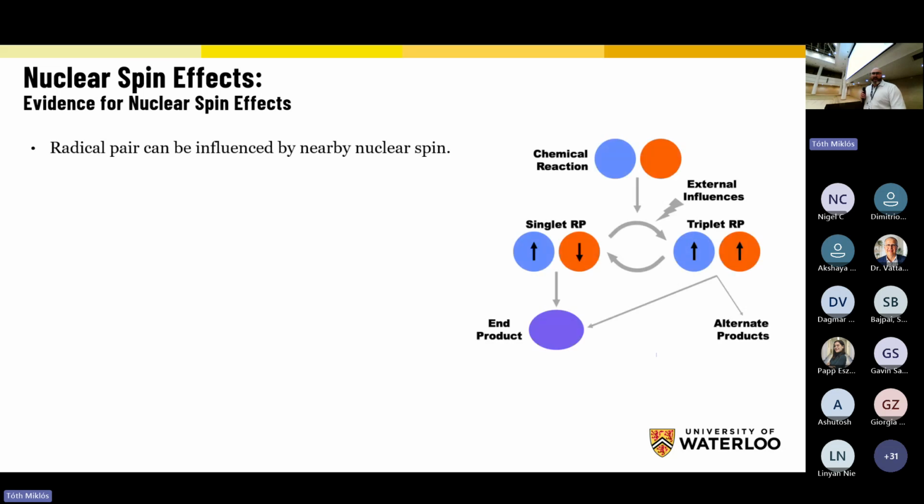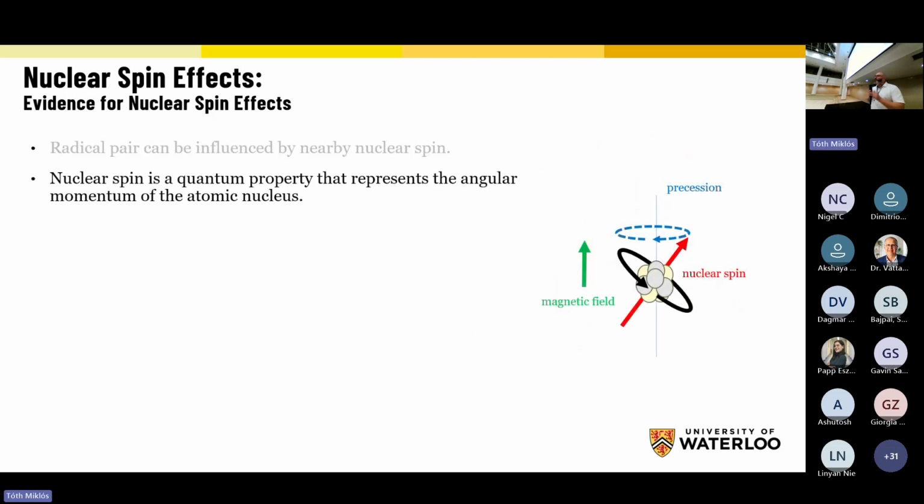their nuclear spin. So in this radical pair process, we had mentioned that this oscillation, or this switching between the singlet radical pair and the triplet radical pair, is sensitive to external effects like weak magnetic fields. It is also sensitive to the presence of nuclear spins. So if there's a nuclear spin on an atom nearby this radical pair, it can change the way that those dynamics take place. Now, nuclear spin is a purely quantum property. So we're not talking about electrons at this point, which we were talking about in the radical pair. We're talking about the spin of the nucleus of an atom.